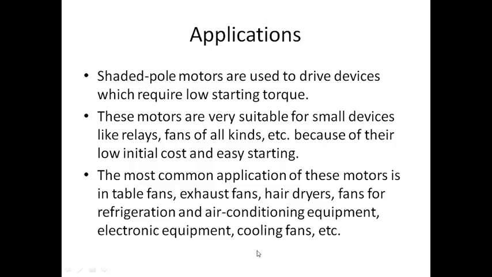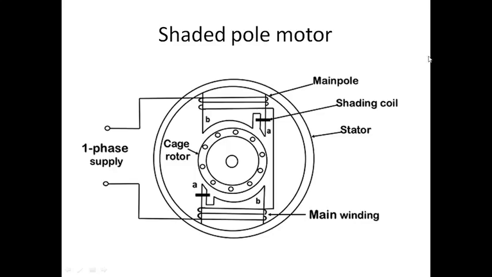And to repeat, in the shaded pole motor, if you give input supply, this main flux is going to produce one flux, right? This copper ring is going to cut this particular magnetic field, right? Because of this copper ring, it will produce one magnetic flux, right? So two types of magnetic flux are produced in this. This flux is cut by the copper ring, so an EMF is induced. Once an EMF is induced and the rotating magnetic field is produced, my motor is going to start. So this shaded pole motor is a self-starting motor.